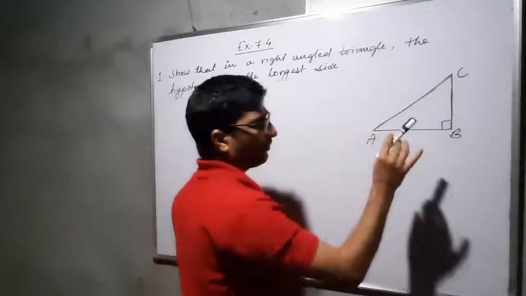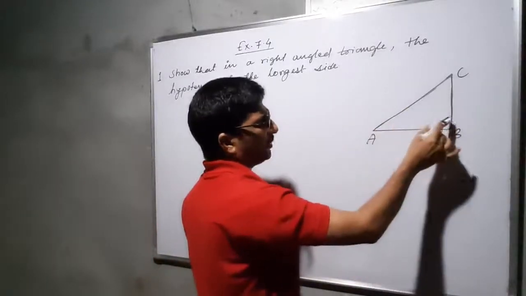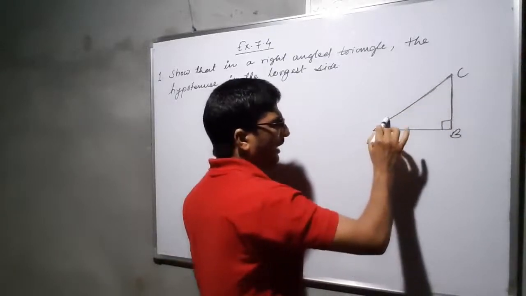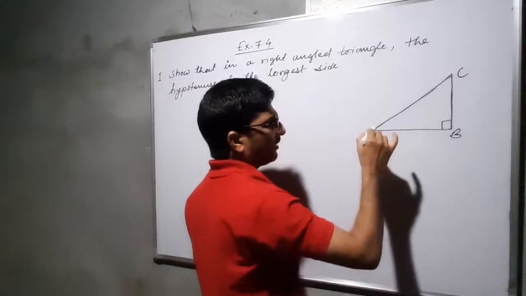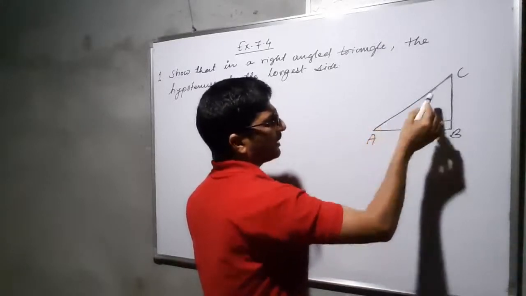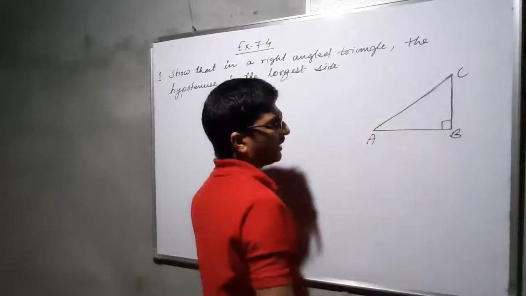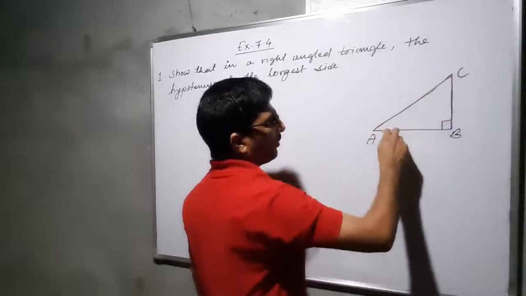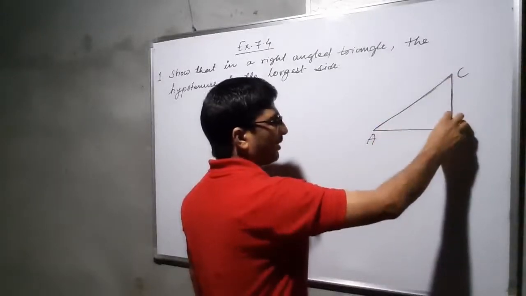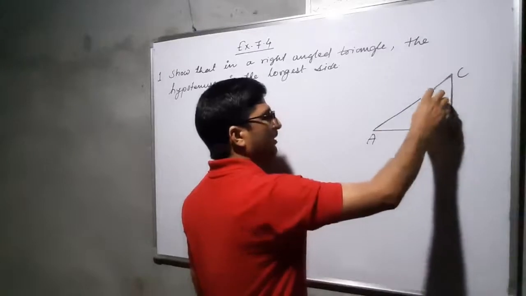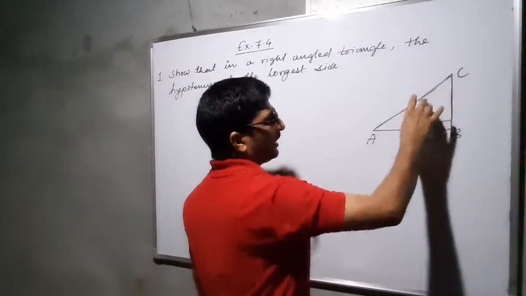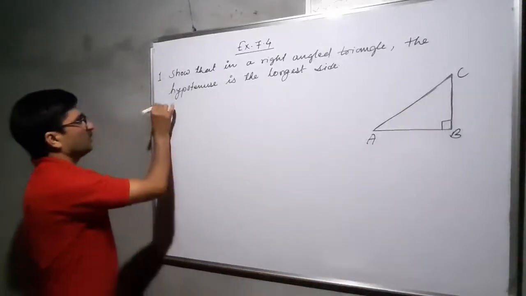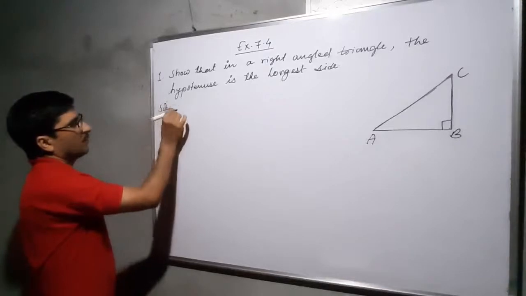Now you check, it is very simple. This angle B is 90 degrees, then A plus C will be 90. Then angle A is less than 90, and similarly angle C is also less than 90. Now you check the angles. This angle is the greatest among these three angles. So the side opposite to this greater angle is always greater. So AC is greater than these two sides. That way we can prove it very easily. Solution.